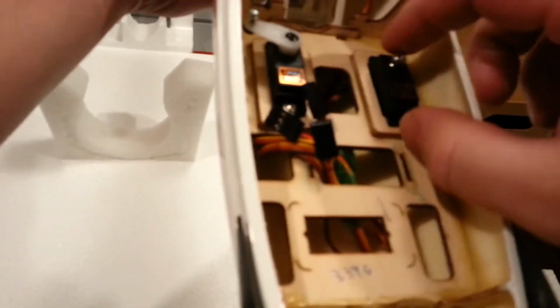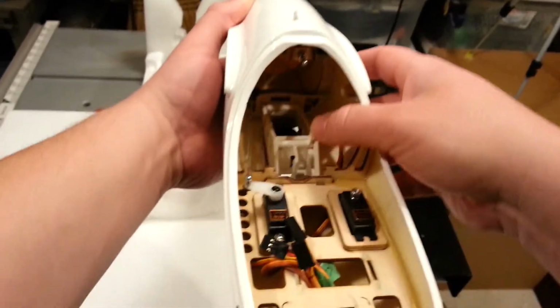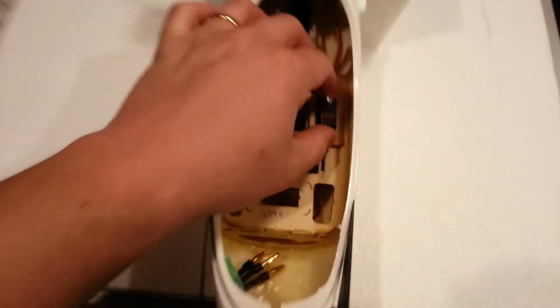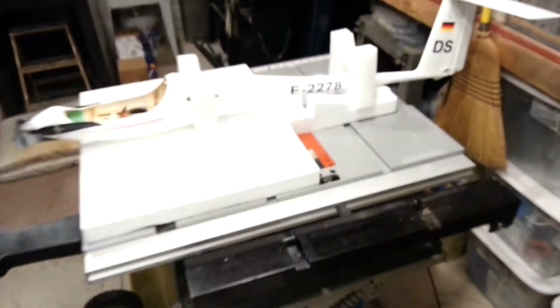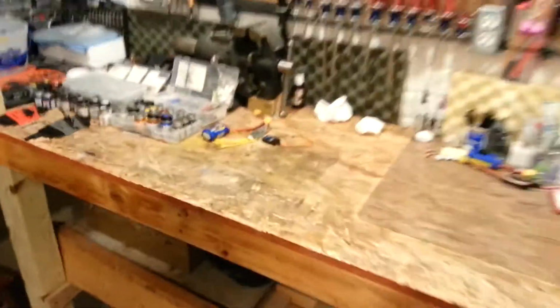So in this video I hope to accomplish getting this mounted and getting the linkage attached here. That's my goal for this video, and I think that's a very manageable goal. So in the first place, of course, we have to get some holes drilled. Once we have the holes drilled, we can go ahead and get some screws installed to hold the servo in place, and shortly we'll be needing to have everything energized and rehooked back up now that we have the bottom